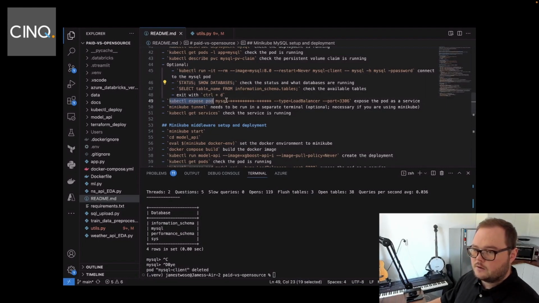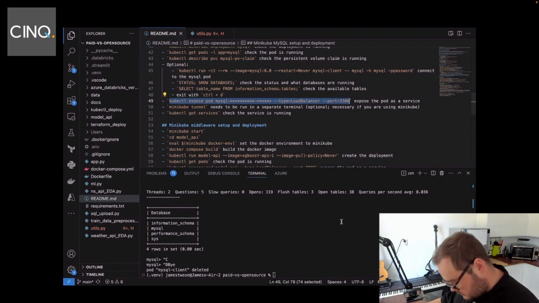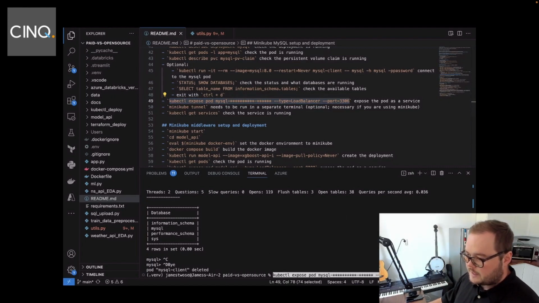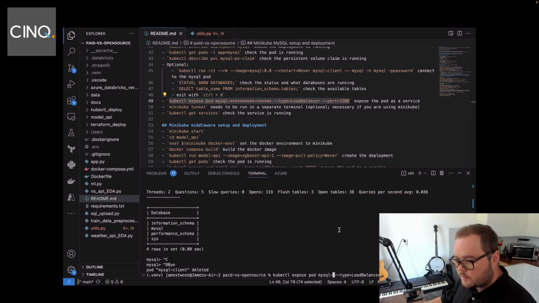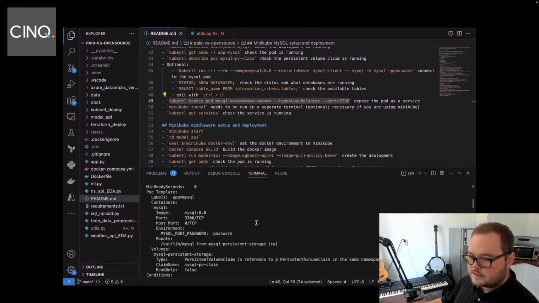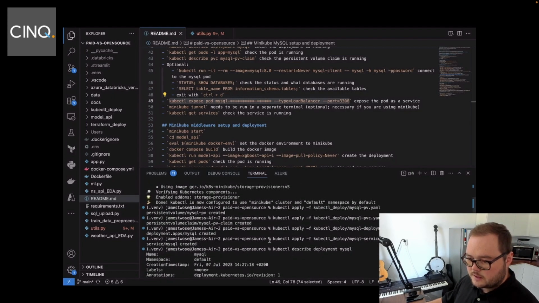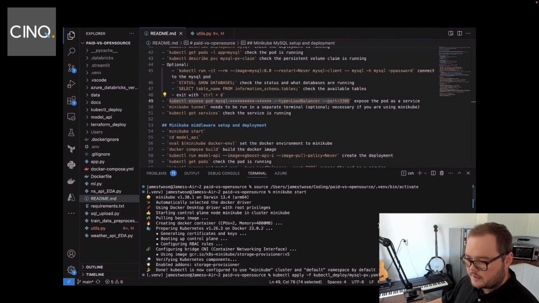Nice. And now we need to expose an input. We need to expose the port that we can then access externally. And to do this, we just need to make sure that we have